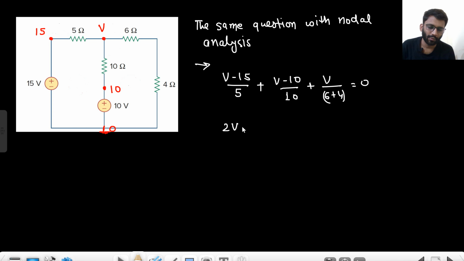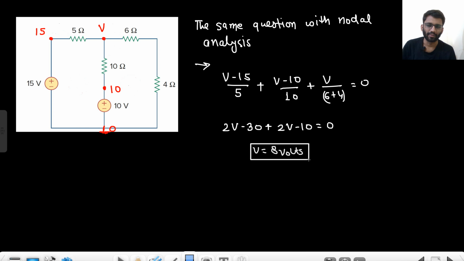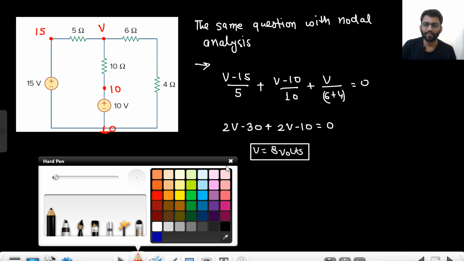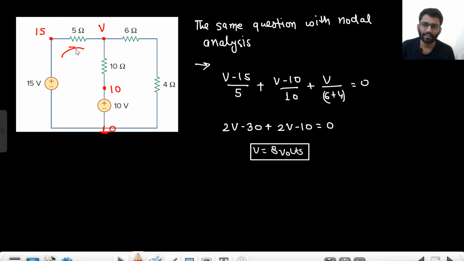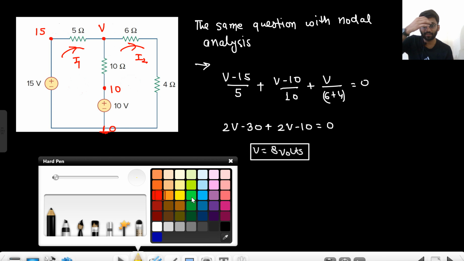So it will be 2V minus 30 plus 2V minus 10 equals to 0. So V equals to 8 volts. V equals to 8 volt we are getting. So what did we need to find? We needed to find this current. Let's call this one as I1 and let's call this one as I2. So the I1 current will be